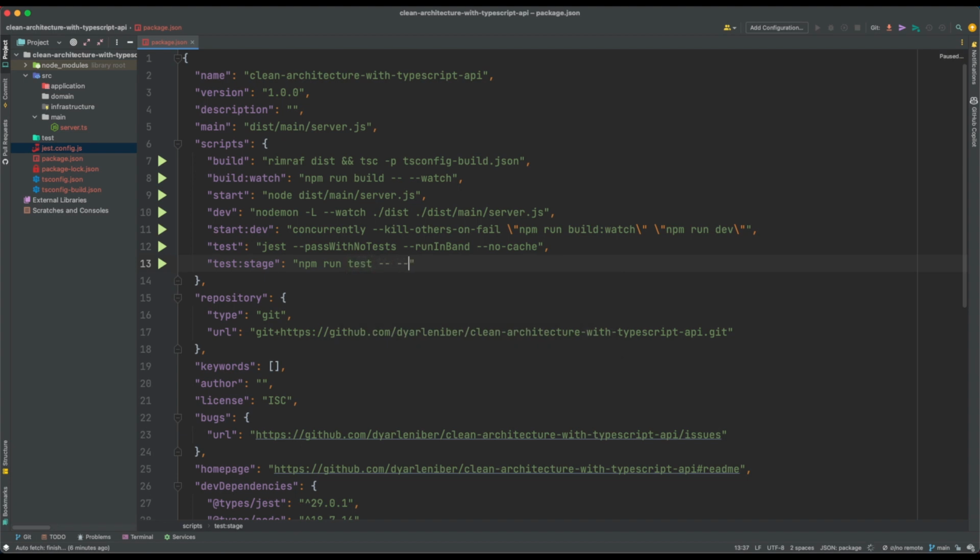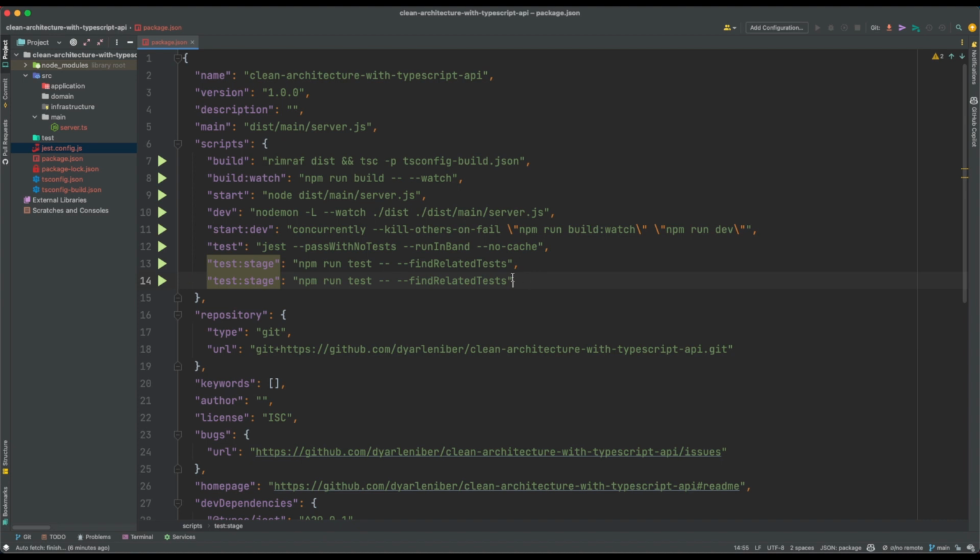and then we can pass this find related tests, and we can define a new command for the CI where we are basically gonna run the coverage to collect the code coverage for our tests. Okay, so that's it for the tests, and now let's install the